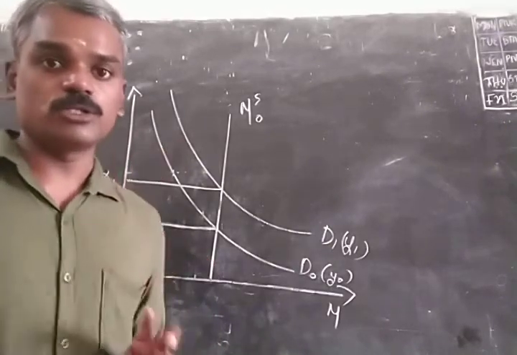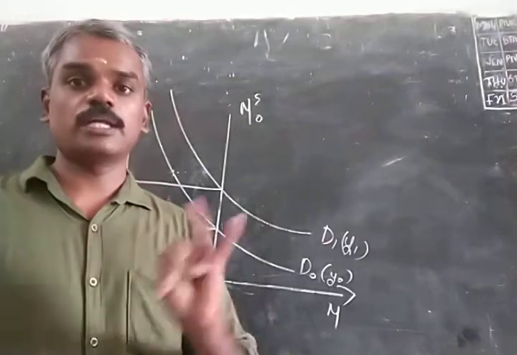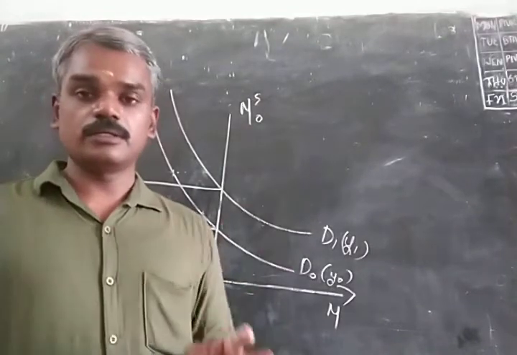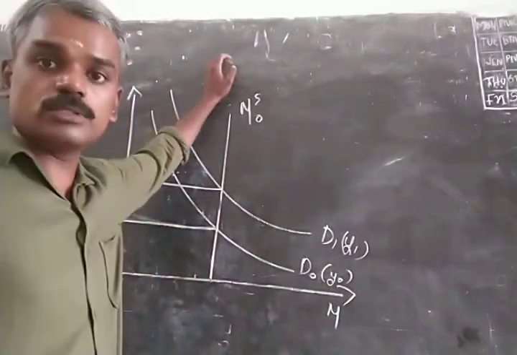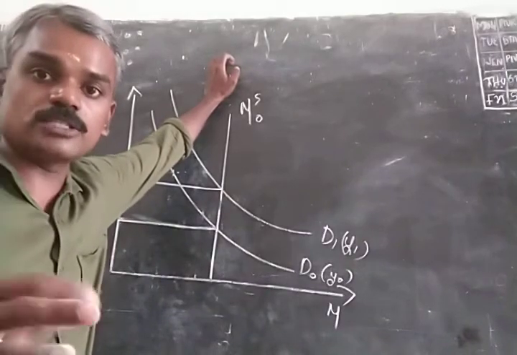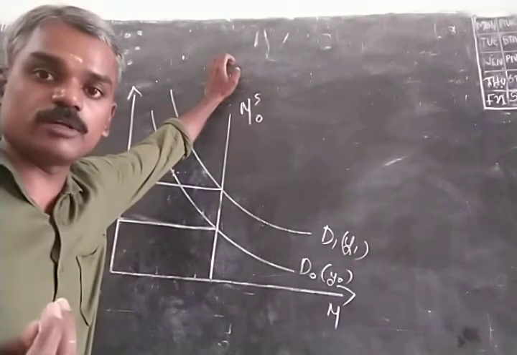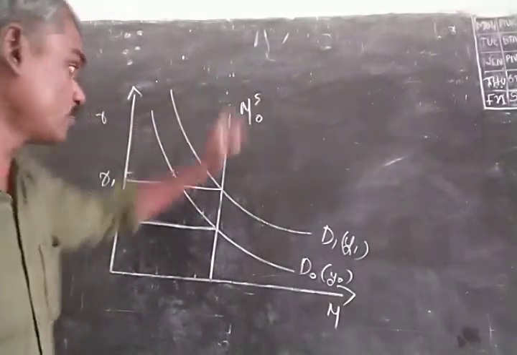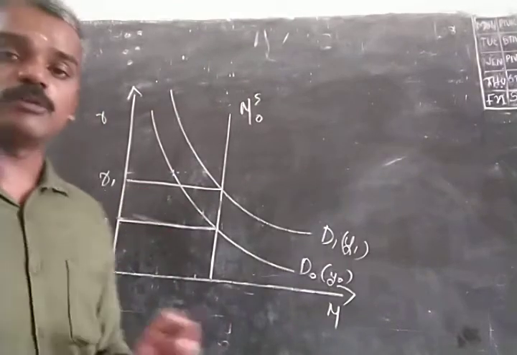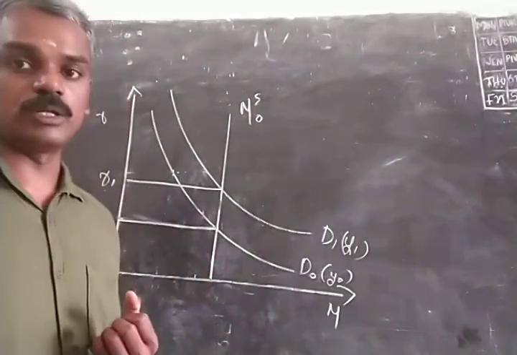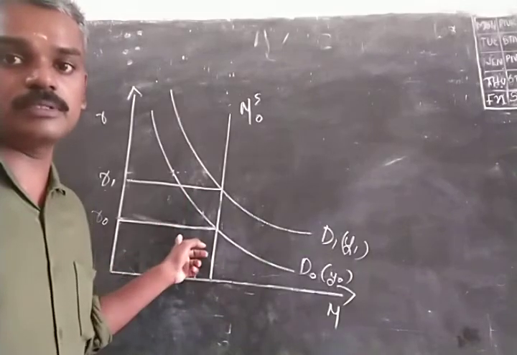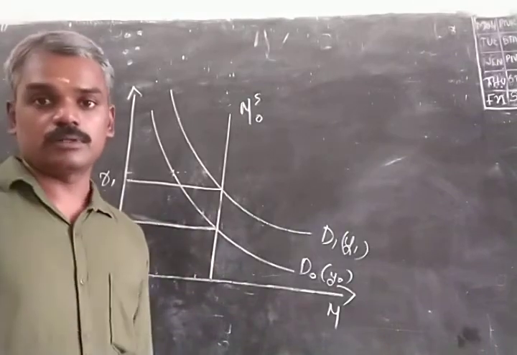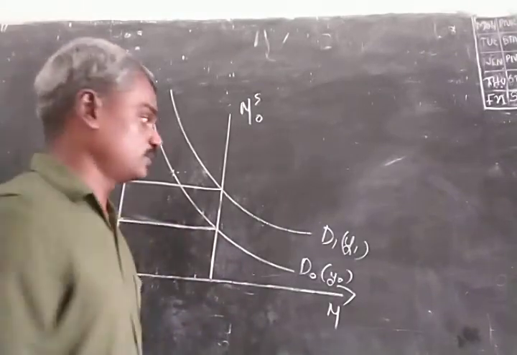And we know that there are three components of demand for money: transaction, precautionary and speculative demand for money. Among these, when the interest rate increases, speculative demand for money falls, because when the interest rate increases, bond prices become cheaper, and therefore there is a higher demand for bonds, and so the speculative demand for money falls. Demand for money and supply of money again come into equilibrium at a higher rate of interest. This happens only when the interest rate increases from R0 to R1. This is how money market equilibrium is achieved.